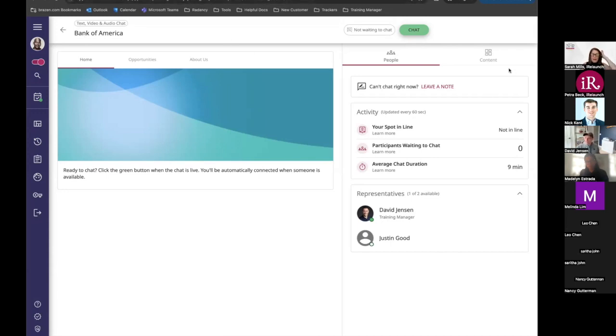A couple other points I want to make. I have not allowed relaunchers to chat in multiple booths at the same time, so you are only chatting with one sponsor at a time. You won't be pulled out of the chat if you connect. Brazen won't allow you to connect with a different recruiter if you're already chatting,